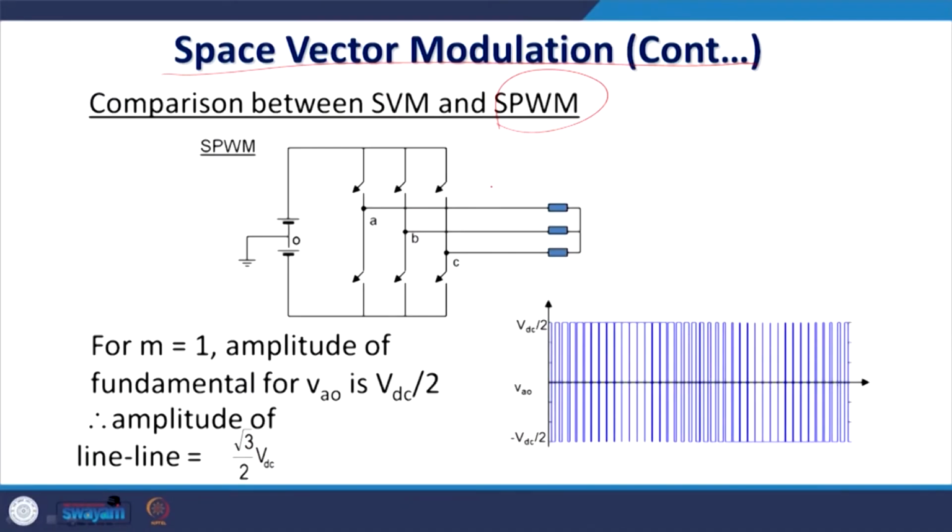One aspect is that sine triangle PWM, that is the sine PWM, is simple to implement. We can implement this sine triangle PWM very easily. There is no computational burden every time to calculate the timing of the switching. In space vector modulation, that requires a processor and digital programming in the digital domain. This complexity burden is more in case of this